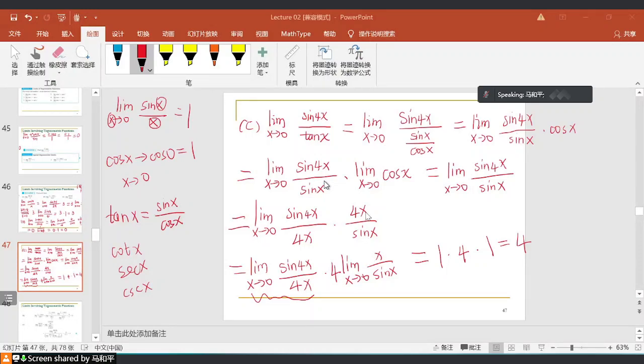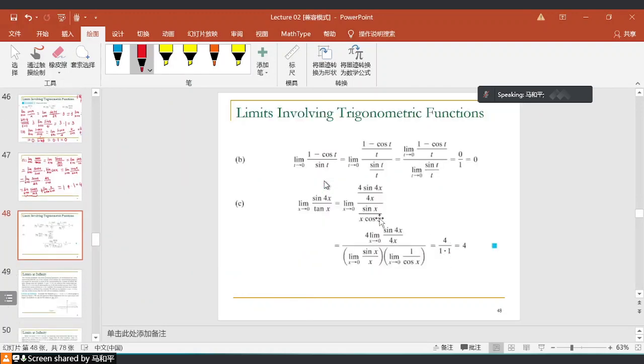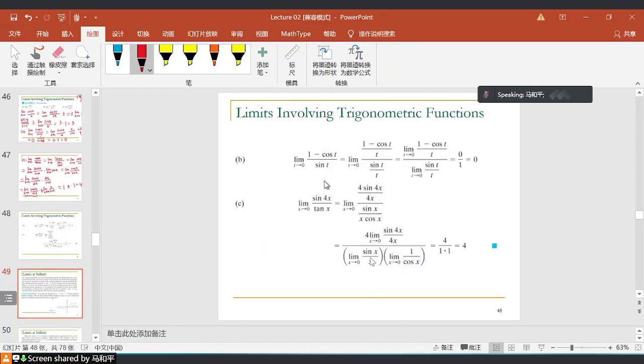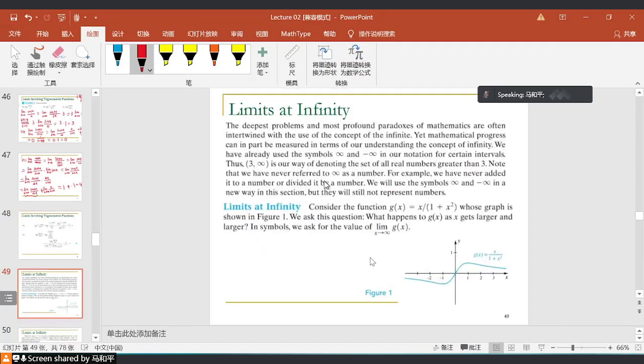Yes, it is right. Okay, it's right. Lily. Okay, now here, almost the same method. Okay, if no questions,